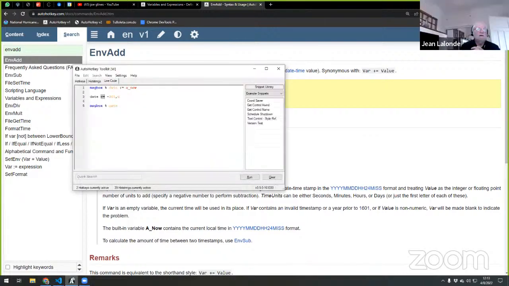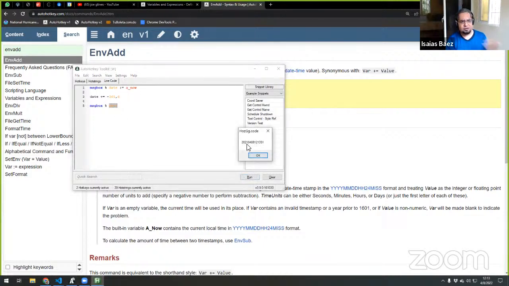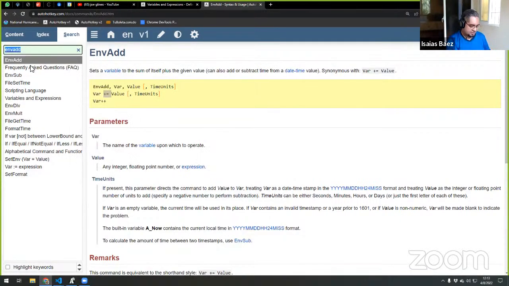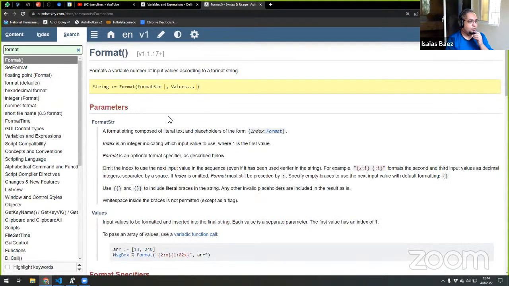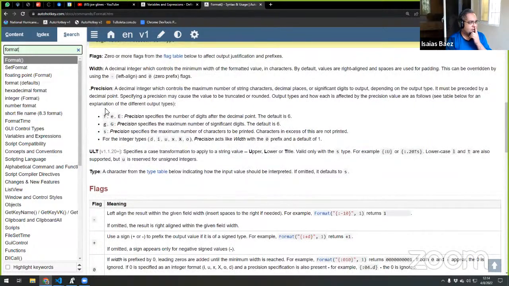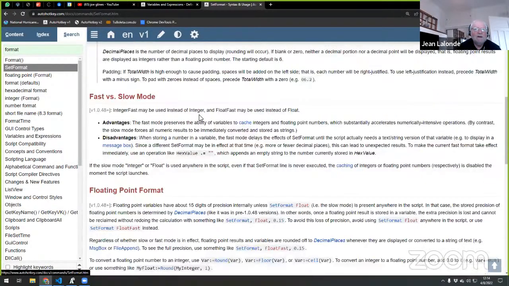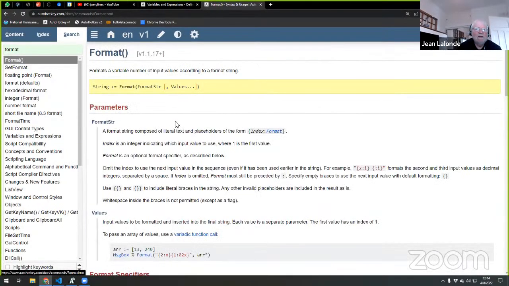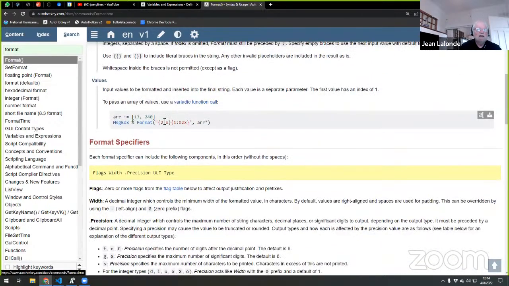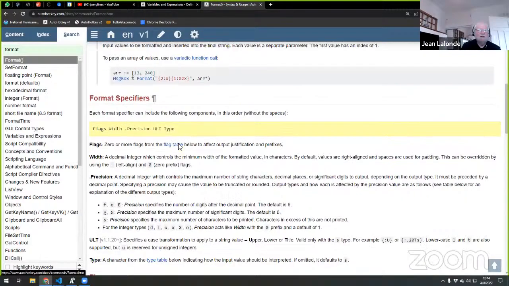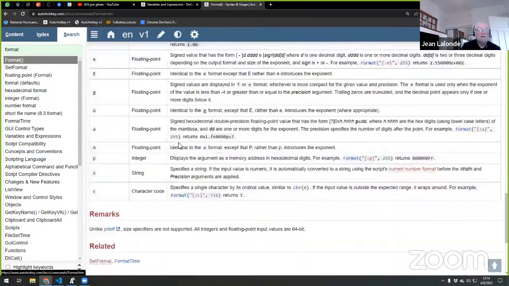What could be interesting to look at is, after that, you need to format your date. So we could take a look at the format function. Yes, you can go ahead and grab the last message box here. You can format it however you want. You can just use the format function to grab that. I'm not sure if that was it. Set format is the one. No, format is good. It's a little bit complex to use because you have to give the format parameters in an array or something like that. But it's very powerful. You can get any kind of format you need.